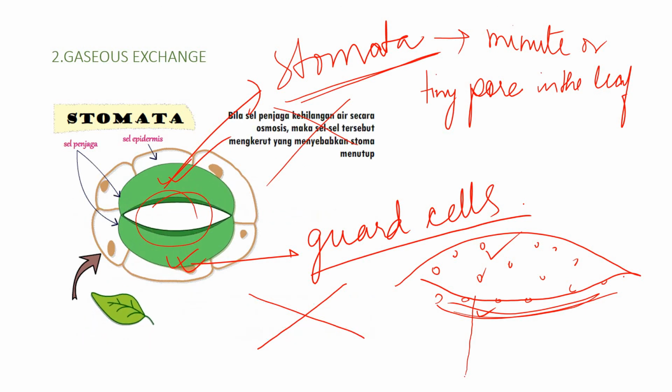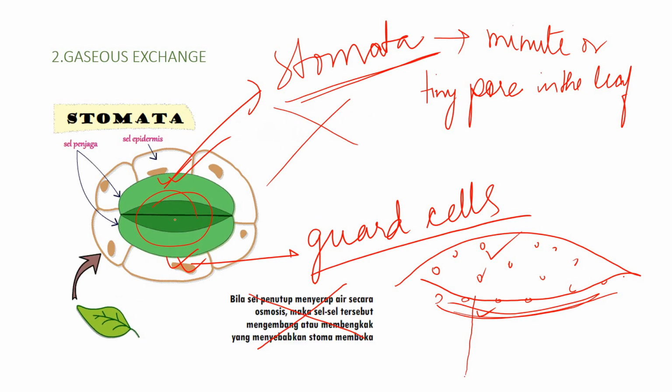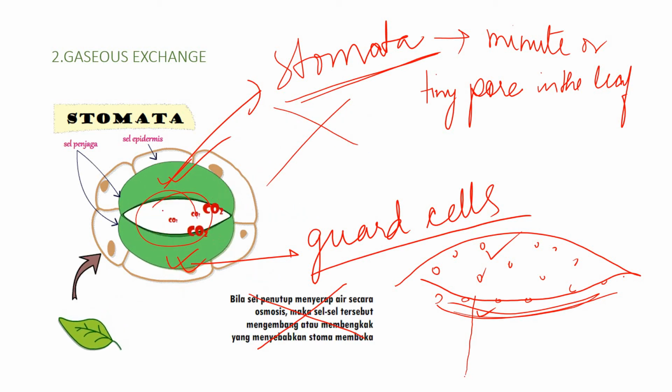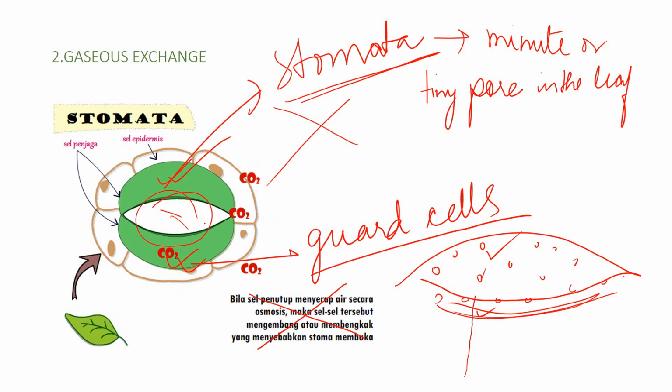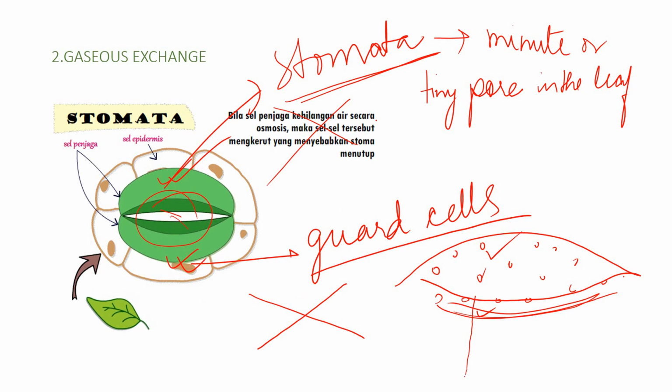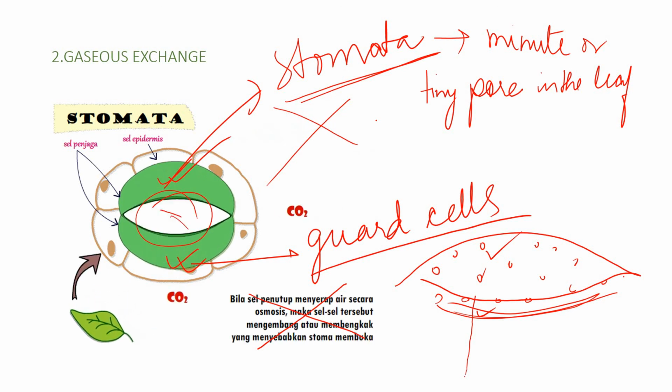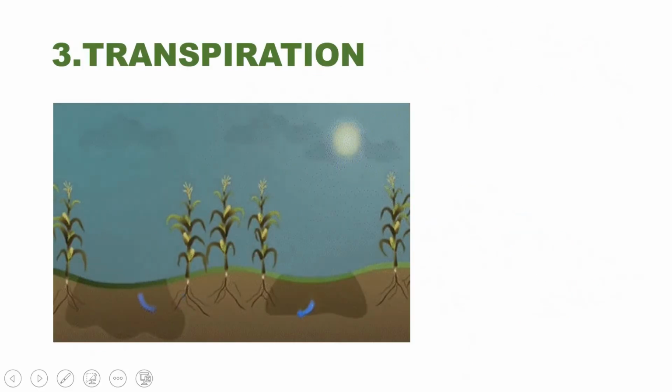All right, we can see that the stomata is closing and now it opens. It takes in carbon dioxide and gives out oxygen and water. Again we see it closes, fine, it opens, takes in carbon dioxide and gives out oxygen and water, fine. So this is the second function of a leaf, and the third function is